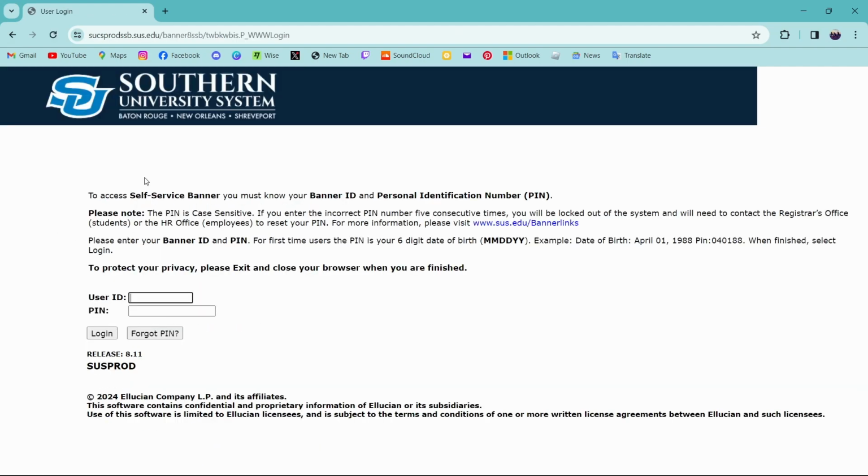So after tapping on user login, it will take you to the login page of Southern University where you can enter your user ID and PIN. So just simply enter your user ID and PIN. After entering your user ID and PIN, just tap on login, and after tapping on login, you'll successfully log